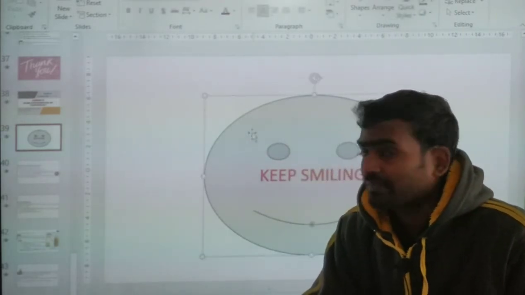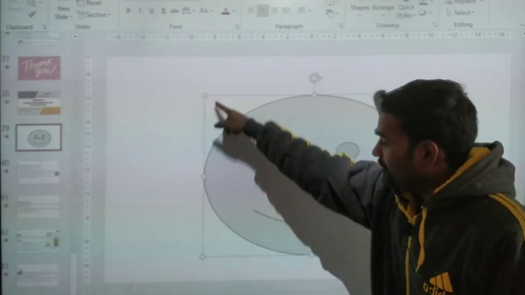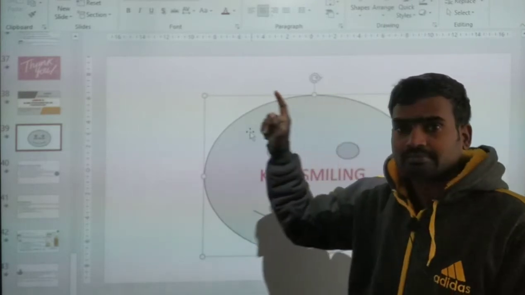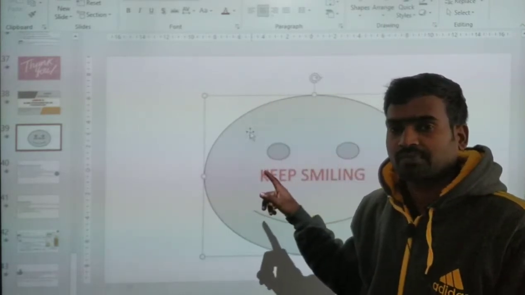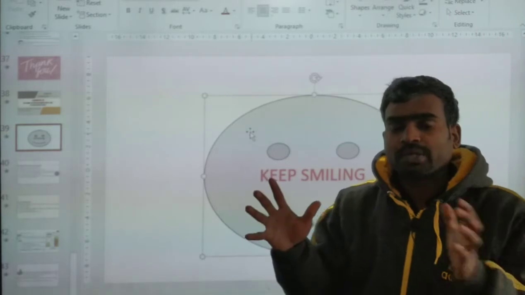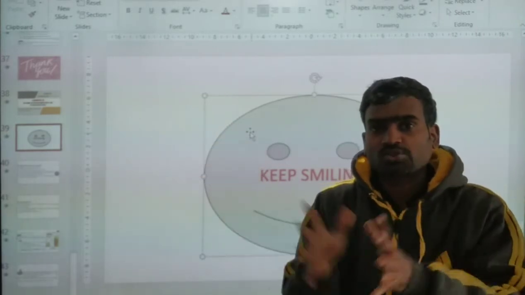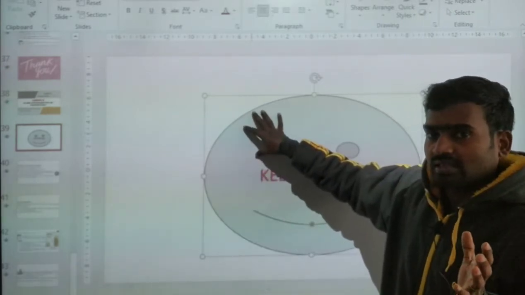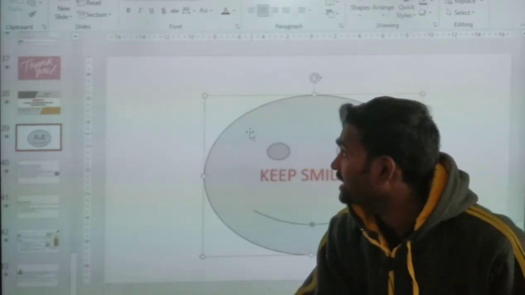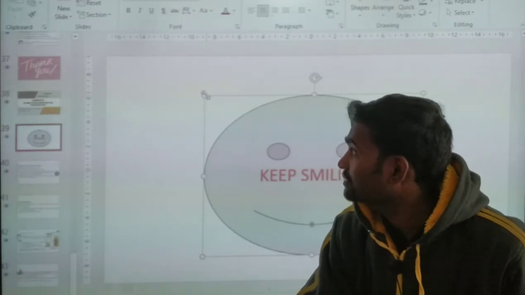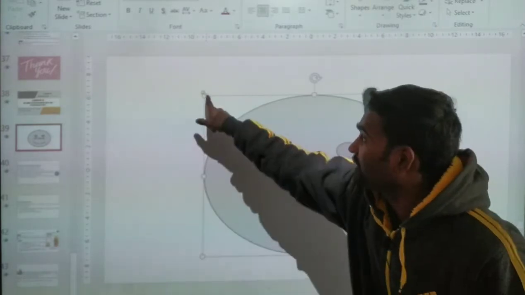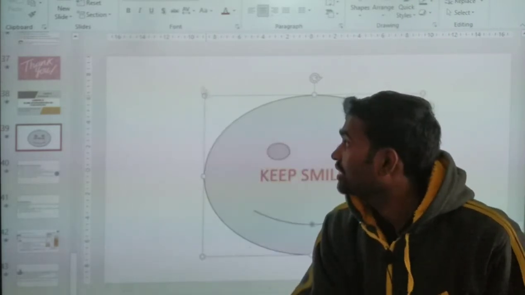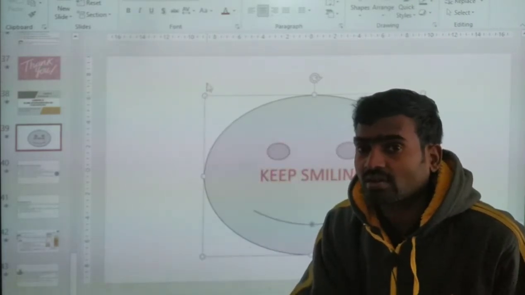So click on there. Now we can see 8 edges. 1, 2, 3, 4, 5, 6, 7, 8. There are 8 edges now visible. What are we going to do now? We are going to shrink it, make it small in size. To make this shape small, click on any corner. See, that arrow is being changed. Okay? Double arrow. When you keep the pointer outside, it is a normal arrow.